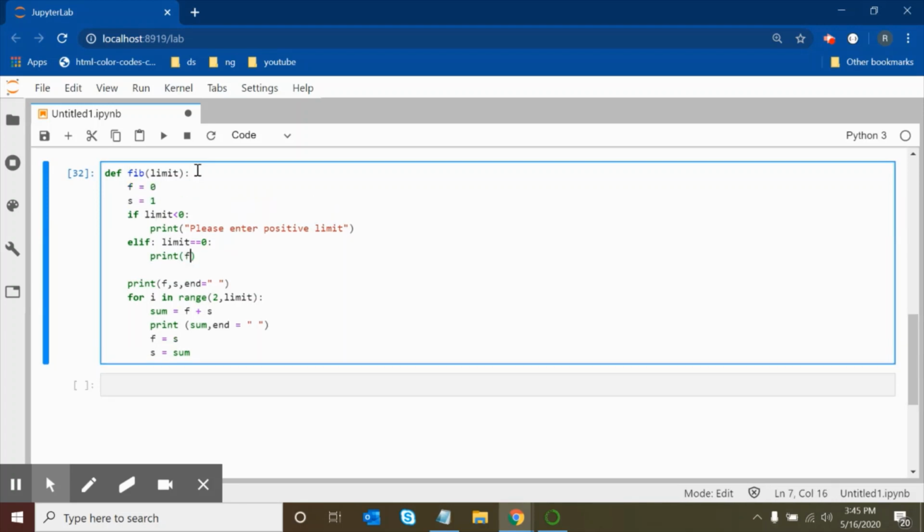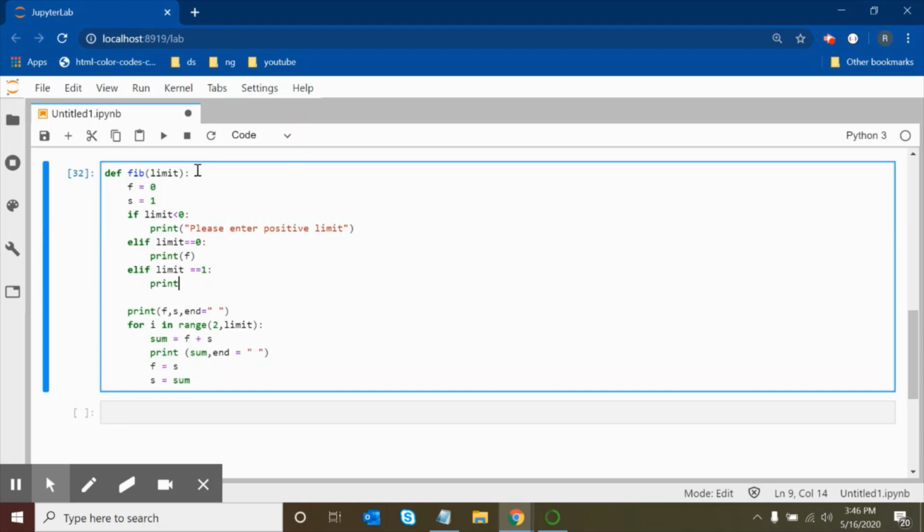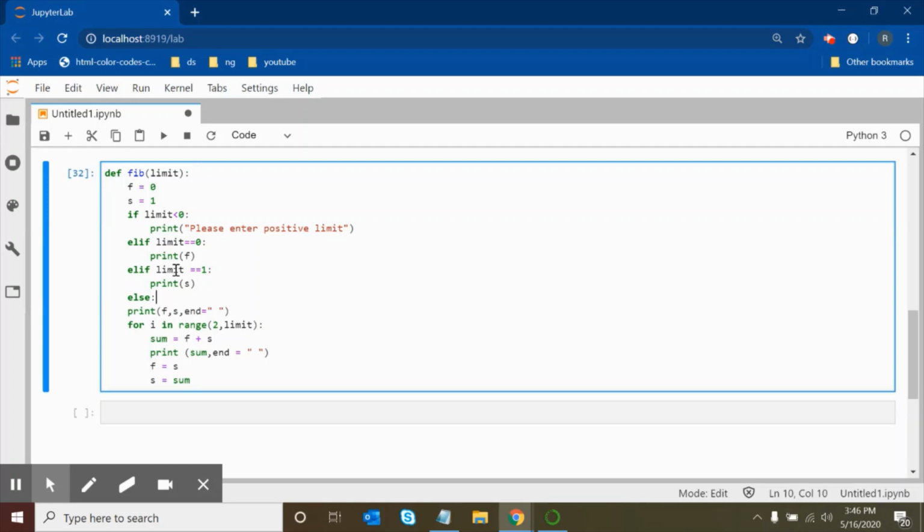So I will print f. Else, elif limit is, no, I have defined, we should not write like this. If limit is equal to 1, it should print a number. After that, it should calculate the value and it should print all the Fibonacci numbers.